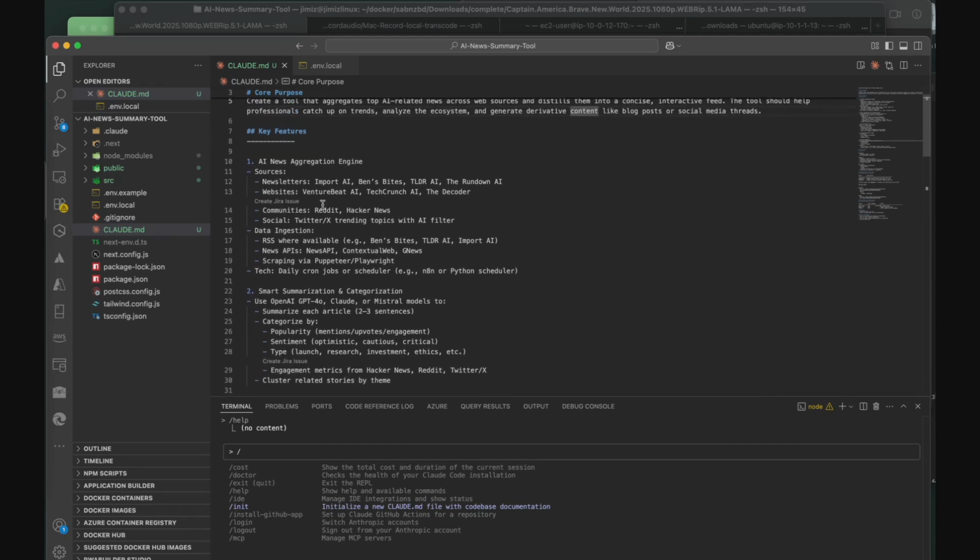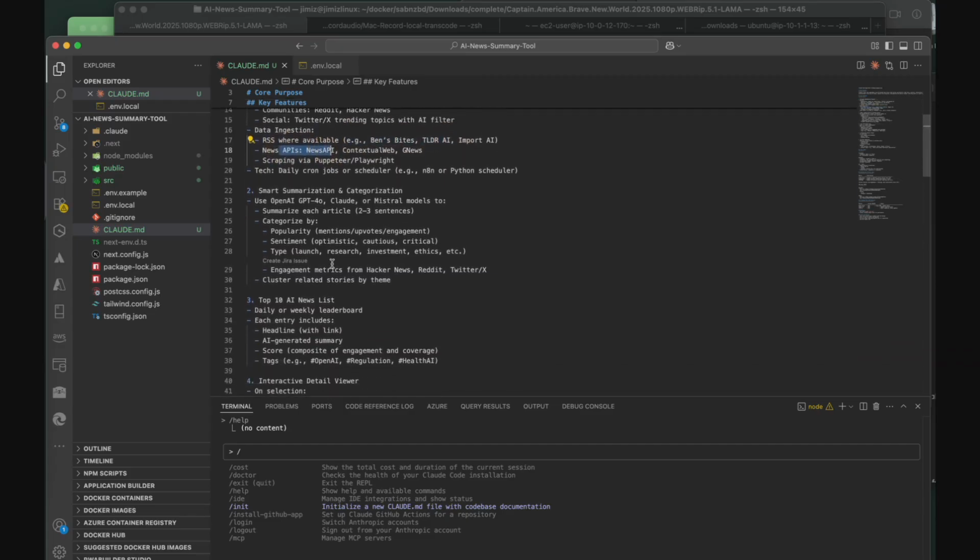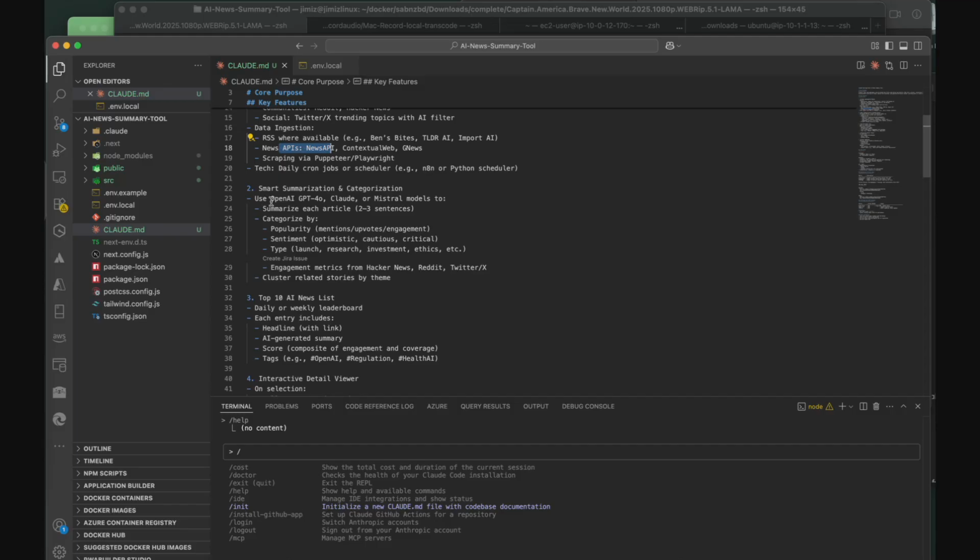I used this as the guide. So I said, AI news aggregator, look for some news. I put a couple different places I wanted to grab from really quick. I made it so it's extendable. Right now I'm using RSS, and I've got it where it can actually scrape APIs. I want it to summarize, so I'm going to use OpenAI. It's going to summarize each article in a couple sentences, and then it's going to categorize them by popularity, sentiment,